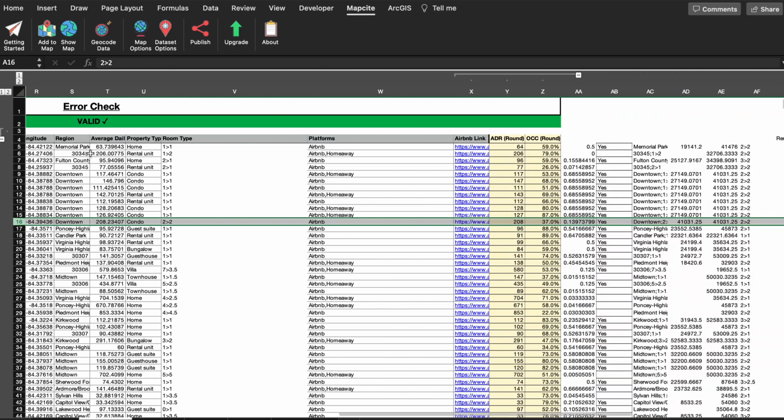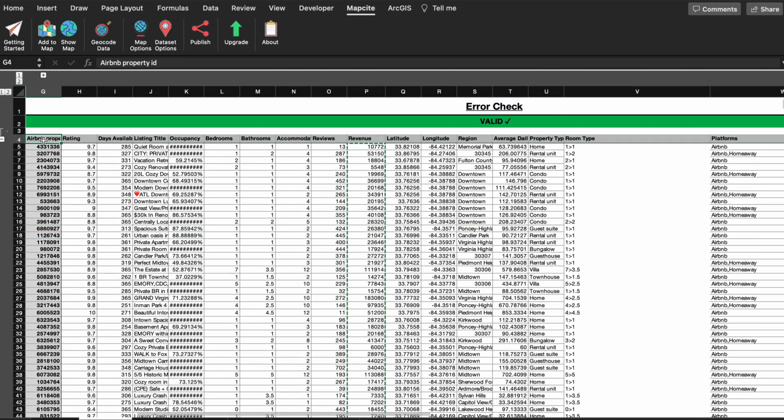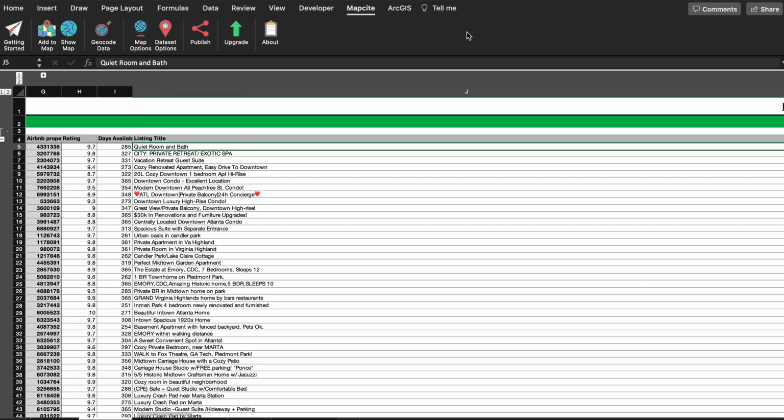Just to give you a little bit of the framework, we have the ratings for each property, the days available for each property, and the property's title.